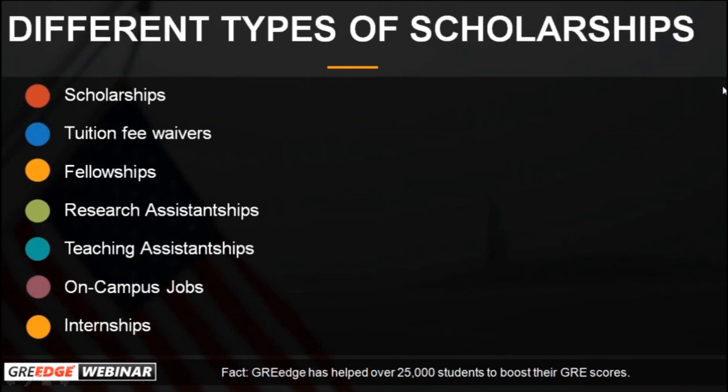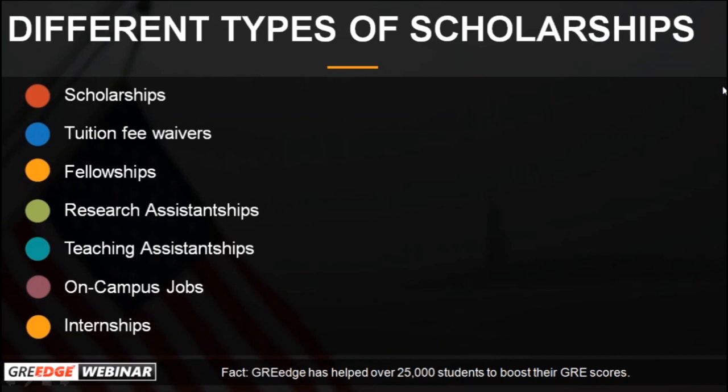Can I get two kinds of scholarships among the listed ones, like a TA and an RA at the same time, or a fellowship and a teaching assistantship? Yes, it is possible, and it has happened before. You can get a scholarship and a research assistantship. You can get a tuition fee waiver and a teaching assistantship, but you cannot get both RA and TA, or both RA and an on-campus job.